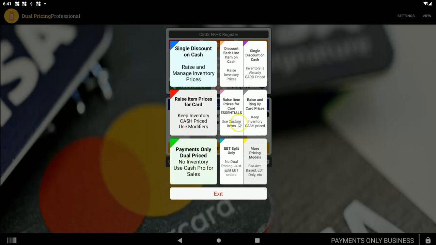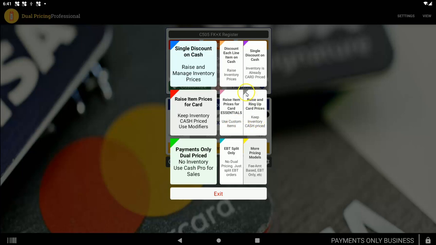One last thing to note is if you use pay at the table and you're using this red model, again, we haven't inflated the prices. They're still the cash prices. So if you're using this red model and a restaurant's using pay at the table, then the customer is going to be able to pay with the cash price. And if that's really common, we recommend you either switch to the blue model here, which inflates the prices,